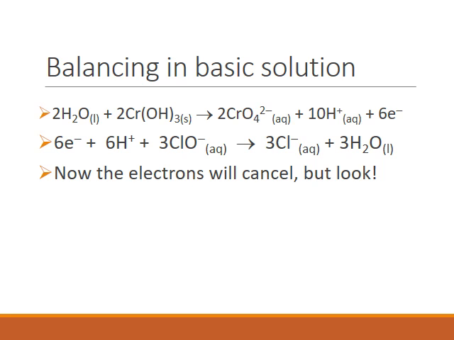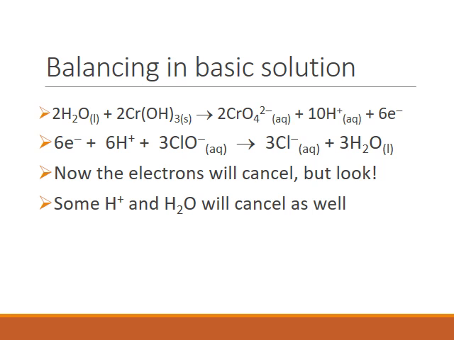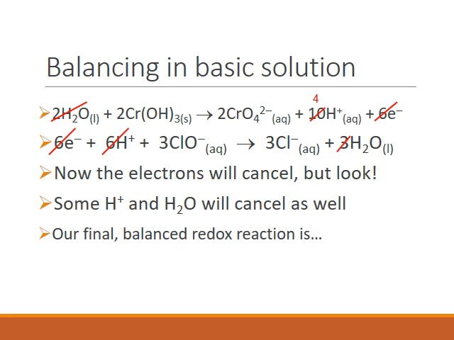Electrons will cancel, but look, something else will cancel as well. We're going to get some H plus canceling and some waters canceling as well. Let's see. Electrons cancel. That's good. We have 6 H plus on the left hand side of the bottom reaction, 10 on the right. Well, 6 of those are going to cancel, leaving us with 4 H plus. Also, the 2 waters on the left hand side of the top reaction will cancel with 2 of the waters on the right. Our final balanced reaction is going to be